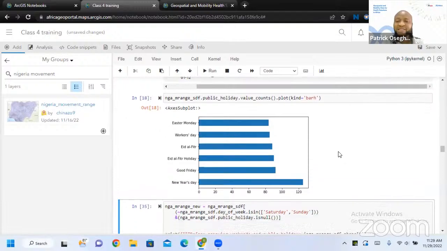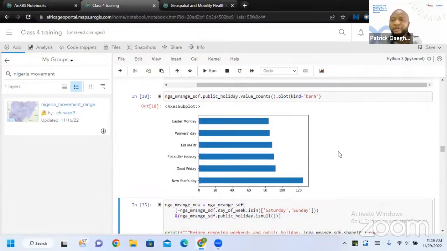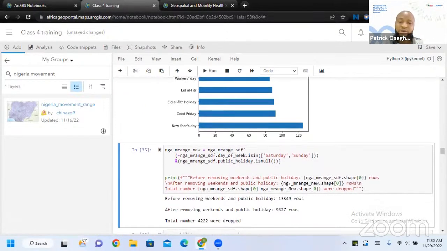So now we see this is the number of public holidays. Remember, the public holiday is coming from all the local governments we have. So it enriches them from all the local governments. So that's the count. If you do the count, you see it here. And if I've done it for more, you see this feature that must have fallen on a weekend, so they will have to schedule it for another day, probably the first working day. This information is repeating. So you just have to play more on it.